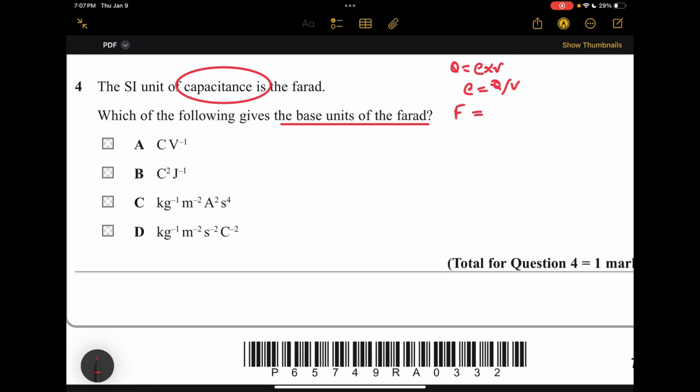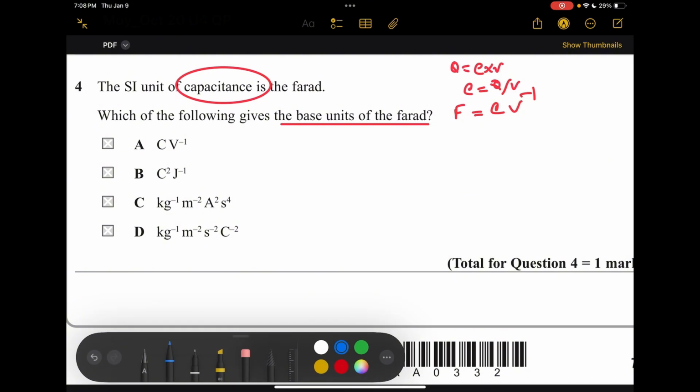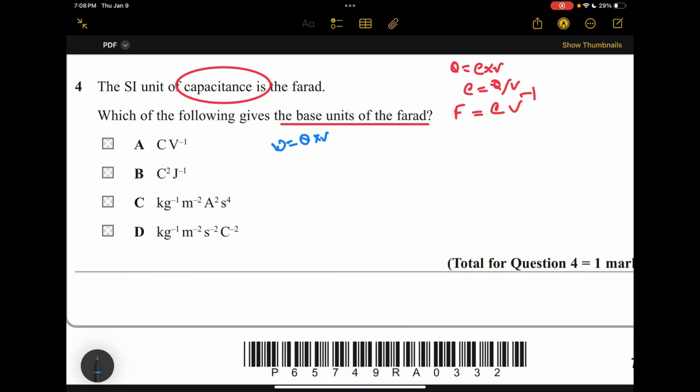The SI unit of charge is coulomb, and V to the power minus 1. Okay, we have written it like this. Now we know work done is equal to charge times voltage, and voltage is equal to joule per coulomb, J C^-1, because work done divided by charge: work done is in joule and the charge is in coulomb. So we can also write it like that, C into J C^-1 into this minus 1. So basically this becomes J^-1 and this becomes C times C is equal to